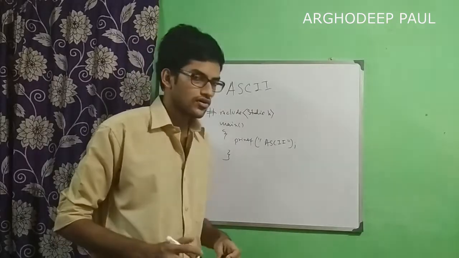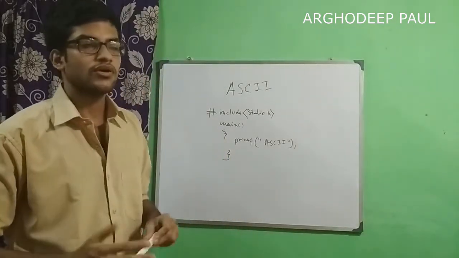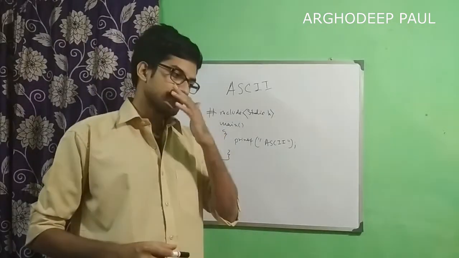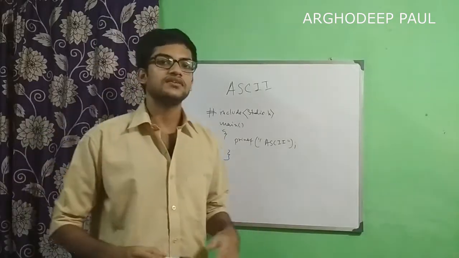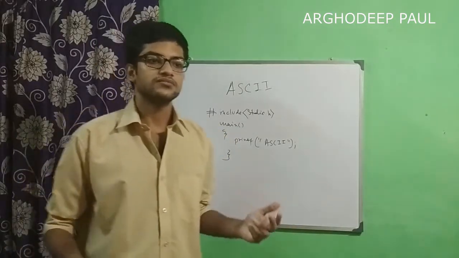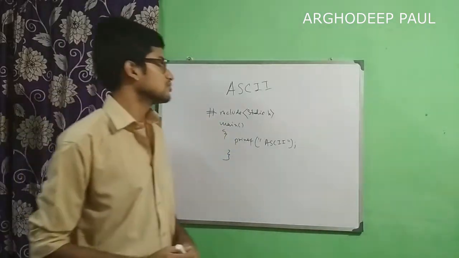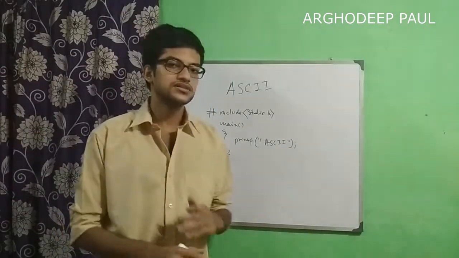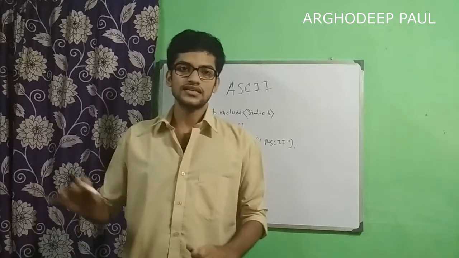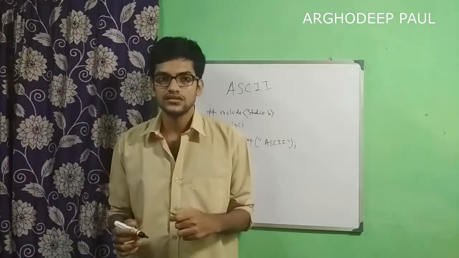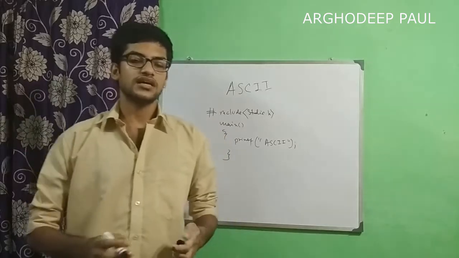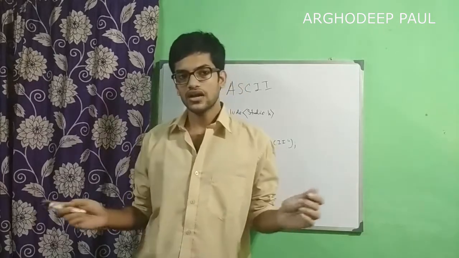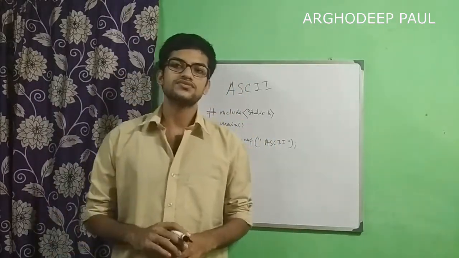First of all, we will have to consider one thing: what is an alphabet. An alphabet is nothing but a set of characters or letters which come in some specific order. When we are talking about the English alphabet, B always comes after A, C always comes after B, and it goes like that. There is a specific sequence. For English we have the English alphabet, and for Bengali, Hindi, Marathi, Telugu, Tamil, and all other languages out there, we have alphabets for those languages.